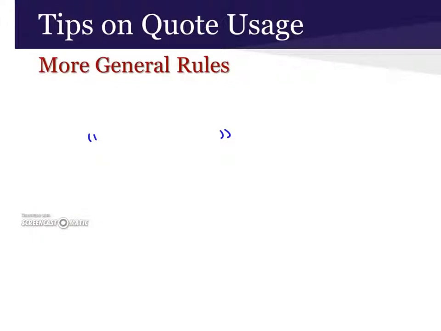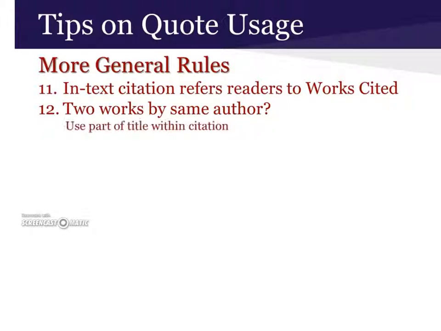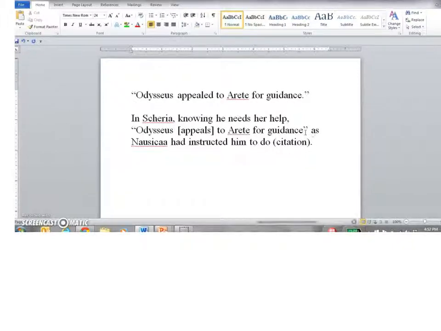And finally, when you make an in-text citation, include only enough information so that the reader can find the source on your work's cited page. And if you use 2 works by the same author, your parenthetical documentation will include both the last name followed by a comma and as many words of the title as you need to distinguish it from the other work, followed by the page number, etc. Now, for example, if I were quoting from Jane Austen's novels Pride and Prejudice and Northanger Abbey, a parenthetical reference to the first novel would look like this.